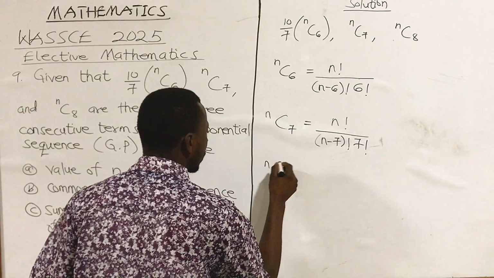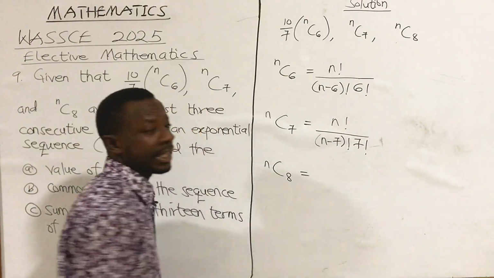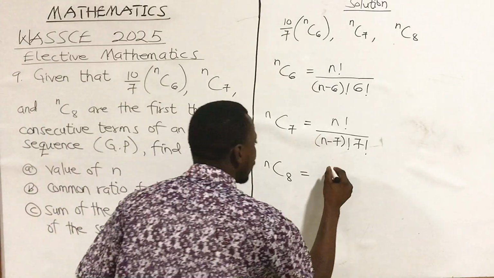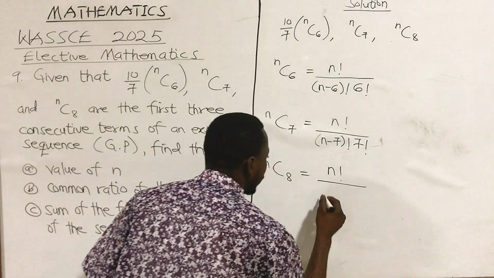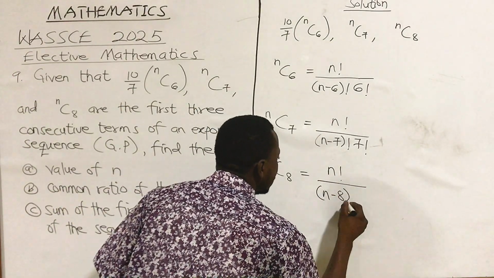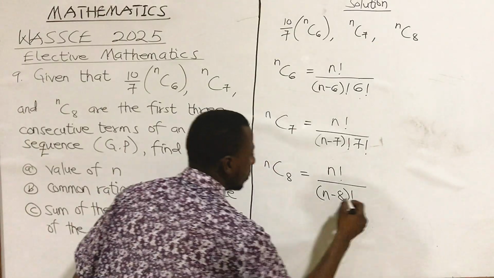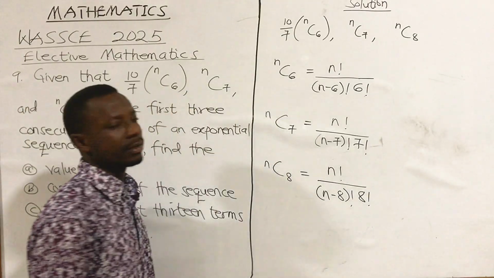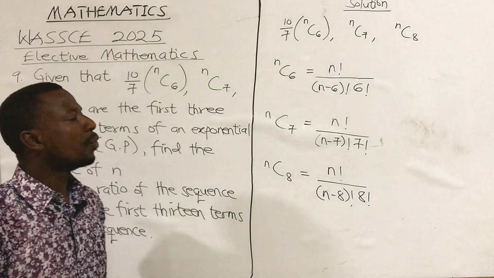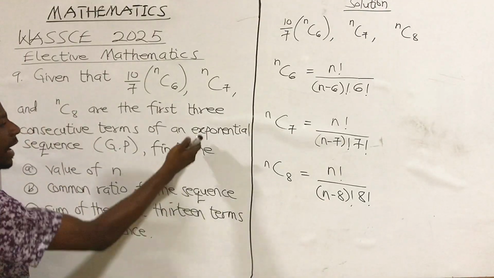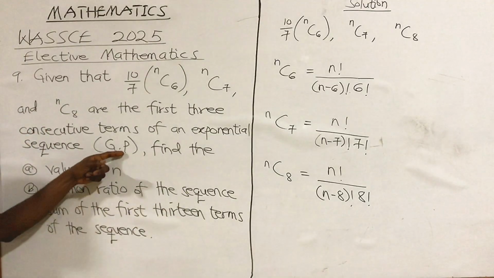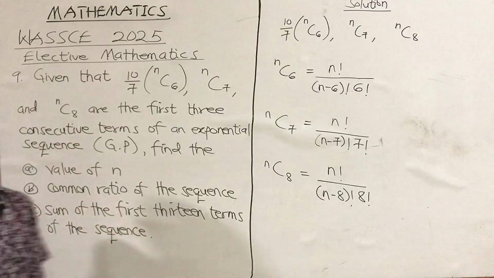Then nC8 is equal to n factorial over (n minus 8) factorial, then 8 factorial. Now, because we are dealing with a geometric progression,